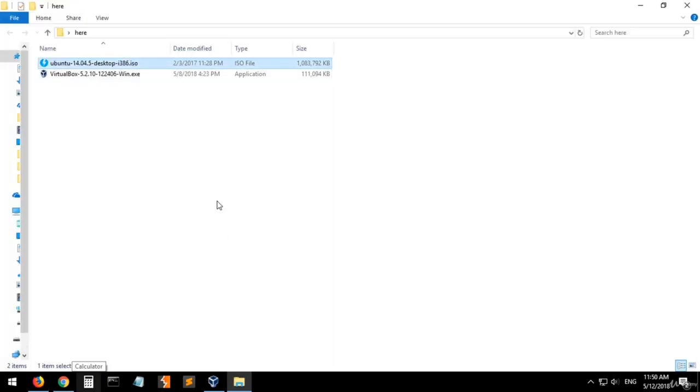Hello everyone. Okay, now let's set up the environment. In this course we will use a virtual machine, or VirtualBox. We will download Ubuntu 14. This operating system is very popular and has the compiler installed within it. So our work will be on this virtual machine, which is Ubuntu 14.